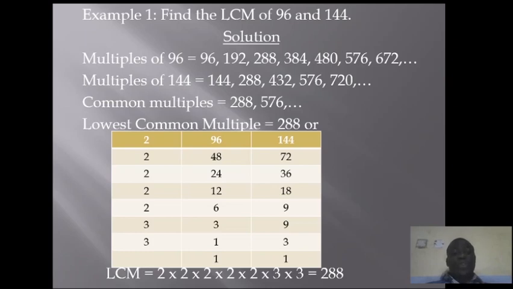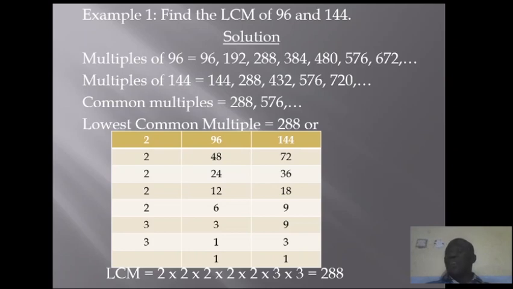Then we use this 2 again to divide 12, we have 6. 2 again to divide 18, we have 9. Then we also use 2 again to divide 6, we have 3. But 2 cannot divide 9, because if 2 should divide 9, there must be a remainder. So we bring down the 9. So you find out that between 3 and 9, there is no number that 2 can divide. So we look for the next prime factor.